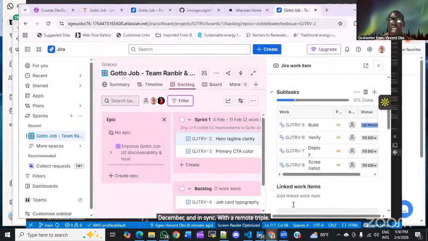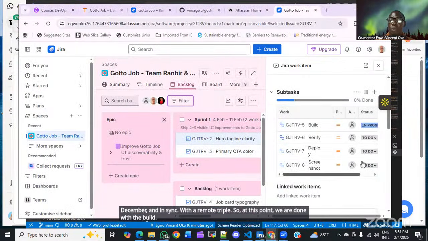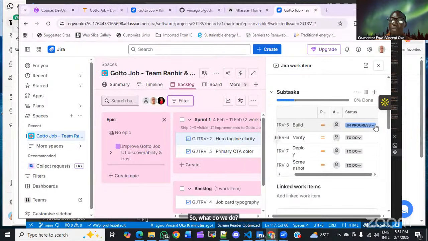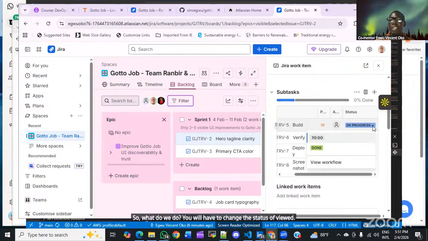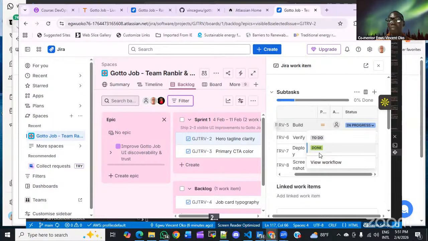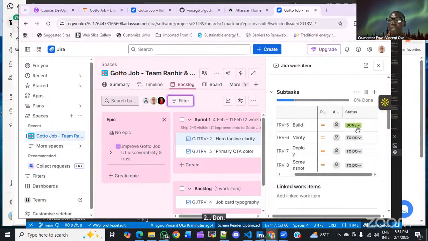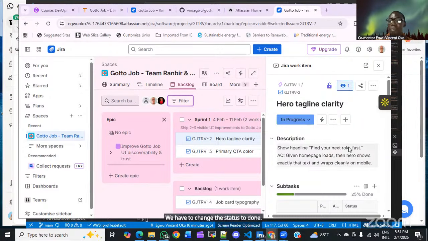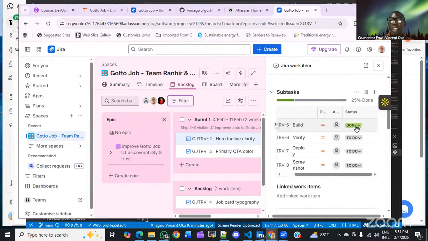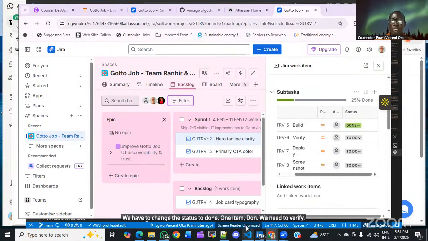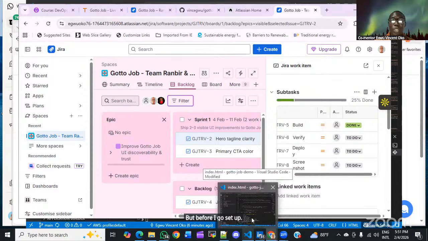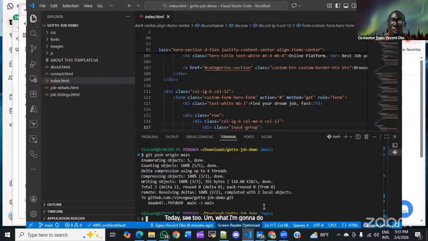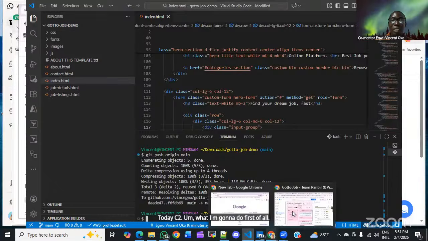So at this point, we are done with the build. You will have to change the status of the build to done. We have to change the status to done. One item done. We need to verify. But before I go set up the EC2 or deploy to the EC2, what I'm going to do first of all is